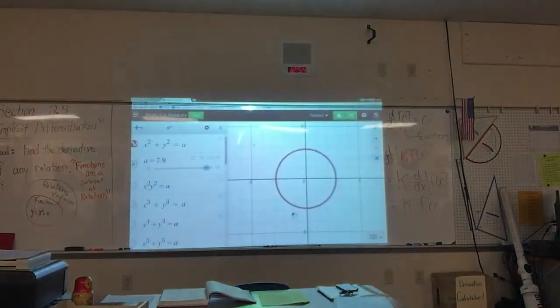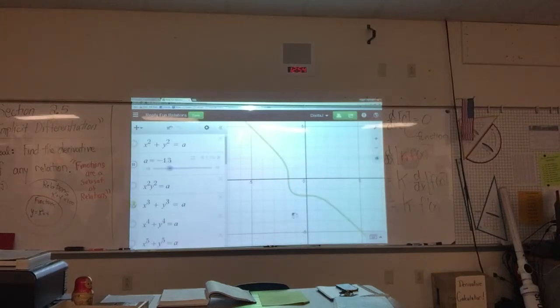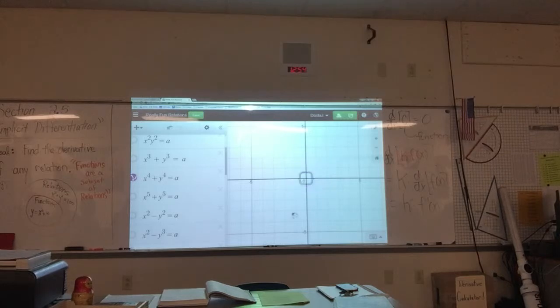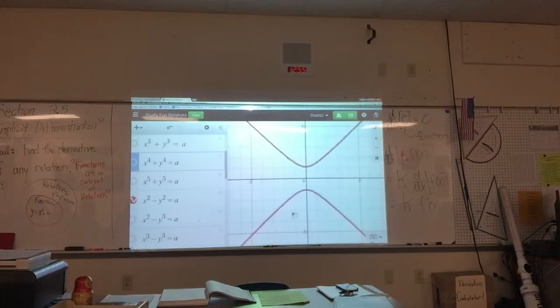So this is an easy one, so I'm going to take that one off. But what if you did x cubed plus y cubed? And then what if we did x to the fourth plus y to the fourth? So now it's no longer a circle, it's like this square. Why does it disappear? Because they're even exponents. You can't ever get a negative here. If you take it just to the positives, you have that. And if we did x squared minus y squared,